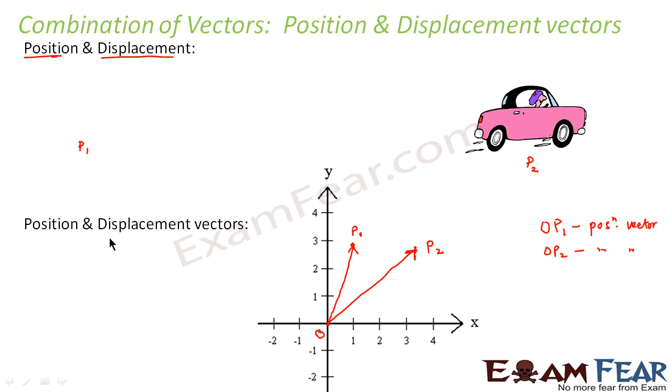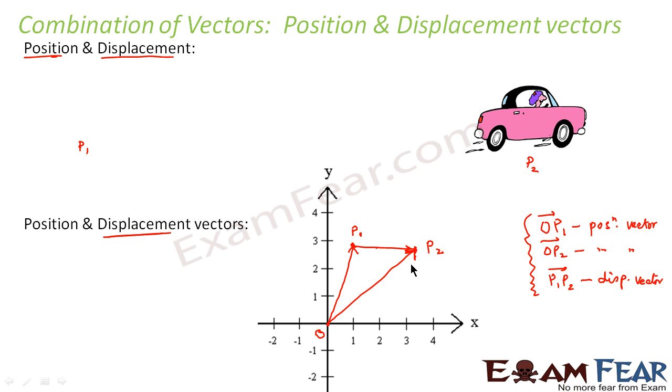Now when I talk of the displacement vector, what would be the displacement? Displacement is nothing but the total path between the initial and the final position, right? This is what we had studied from the basic idea of displacement. In this graph, our displacement vector would be the straight line joining P1 and P2. But since it is a vector quantity, it will also have a direction. So P1P2 is the displacement vector. As I told you, all of these should be denoted with an arrow over their head because they are all vector quantities.